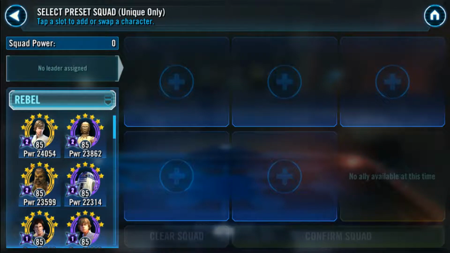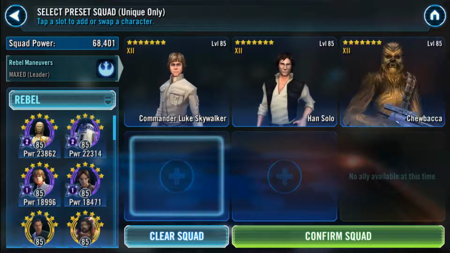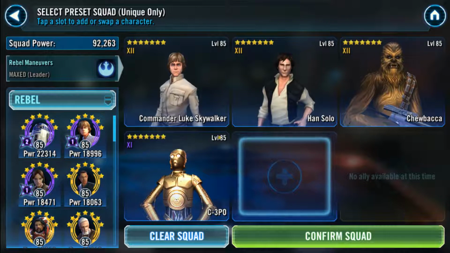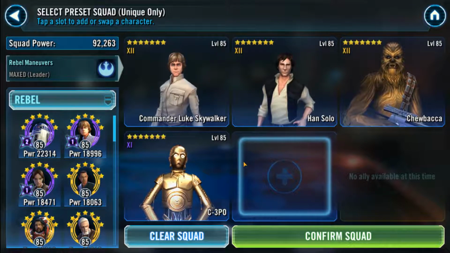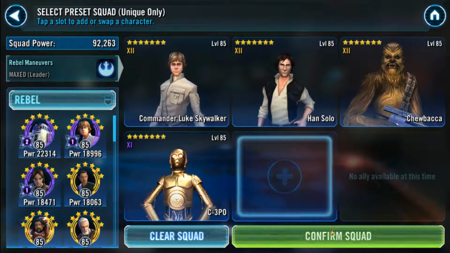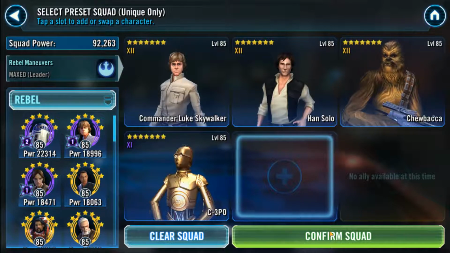Here is a team that I will usually use under squatted in Grand Arena Championships. And it's CLS, Han, Chewie, and 3PO. So this is one that I'm going to leave the fourth space blank, because I don't necessarily need a fifth character on this team when I use him. However, if I need to use a fifth, right, there's a team that's just relicked out of their minds, and